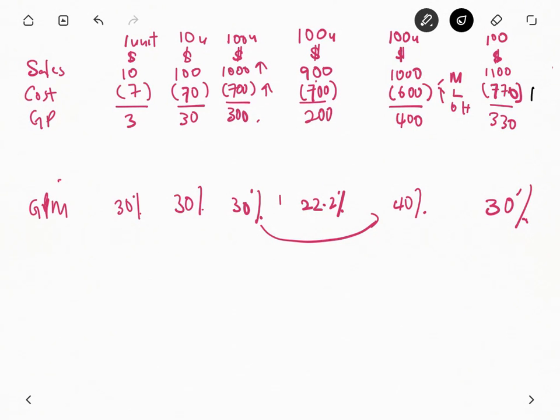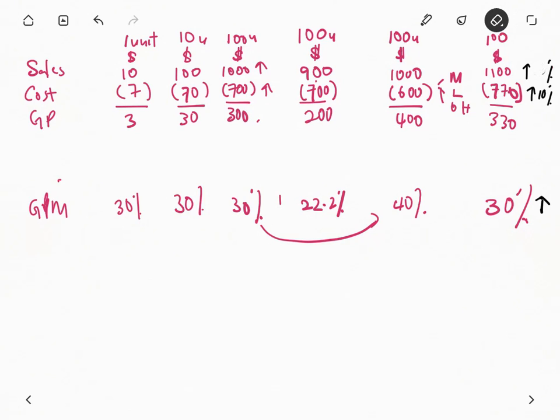If my cost goes up by 10 and I take advantage by increasing my selling price by 20% to my customer, what will happen to my overall margin? How about that? It will go up. Okay, not? If the cost goes up by 5%,